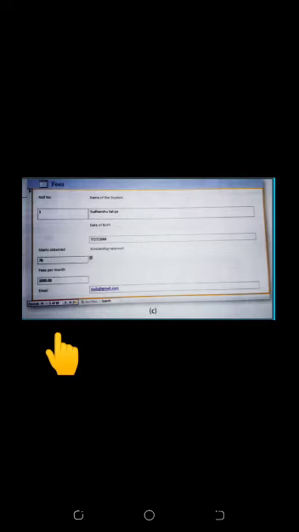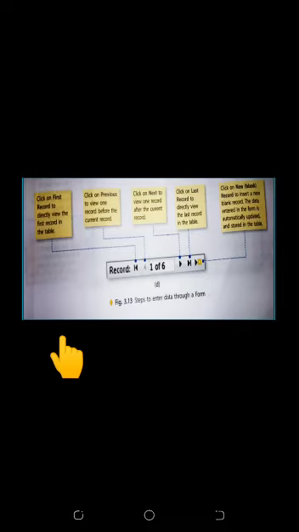And if you want to change the format of the form, then you can also change it. How to change? You will just move a field to another location. It will change the location like this. You can change the size of text boxes. And at the bottom there is a record navigation bar. You can move to the first record, move to the last record, move to the previous record, next record, and you can also add a new record by using this navigation bar.